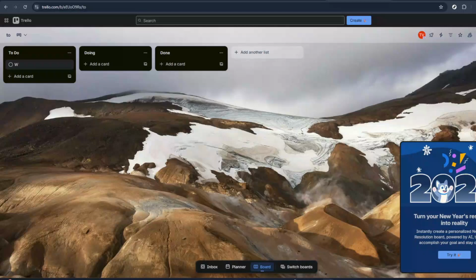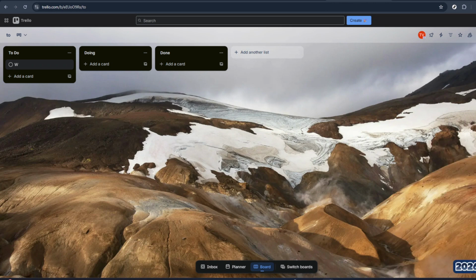In today's video, I'm going to teach you how to integrate Trello with Evernote. We're going to walk through the process step by step. So by the end, you'll be able to connect your Trello boards directly with your Evernote notes and make your